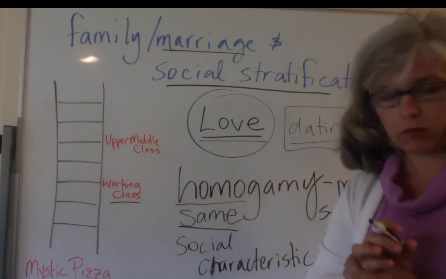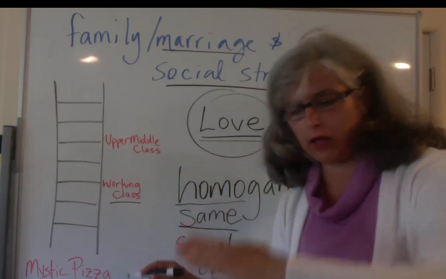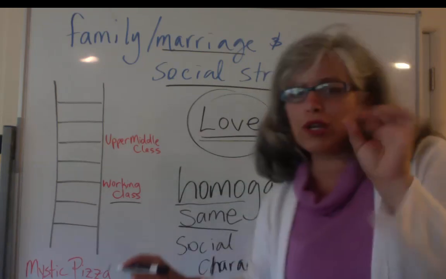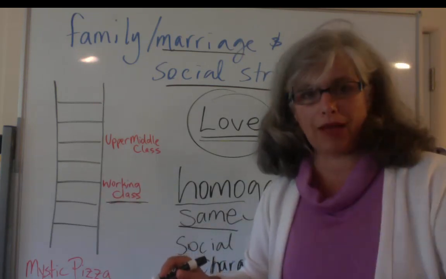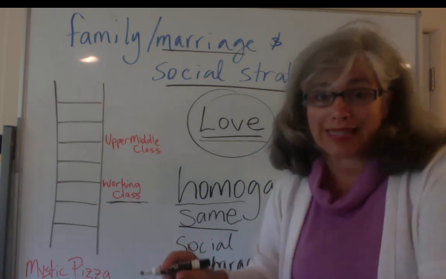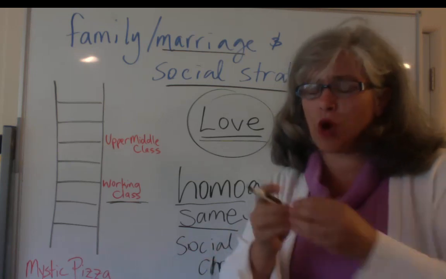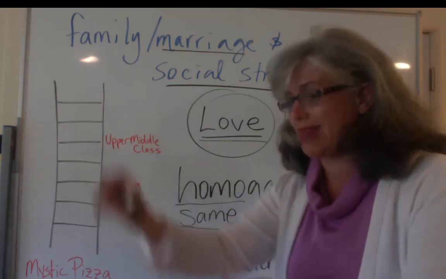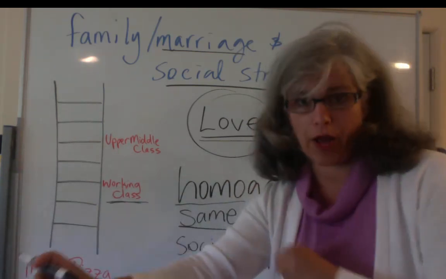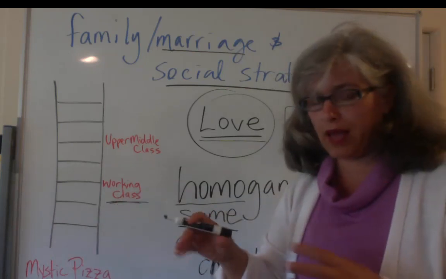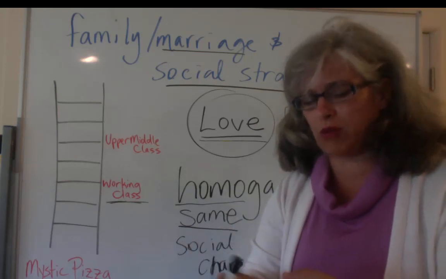for just a second. Okay, working class has a certain education, occupation style, and income level. So let's just look at that one thing, income level. If you are in the working class, you have a particular income level that will allow you to only live in certain places within your state, within your city, within your county. You only have so much money for that particular property value in that area, or for that particular rent cost in that area. So other working class people, because they are also in a similar income category as you, are going to live in those same neighborhoods, those same apartment complexes.